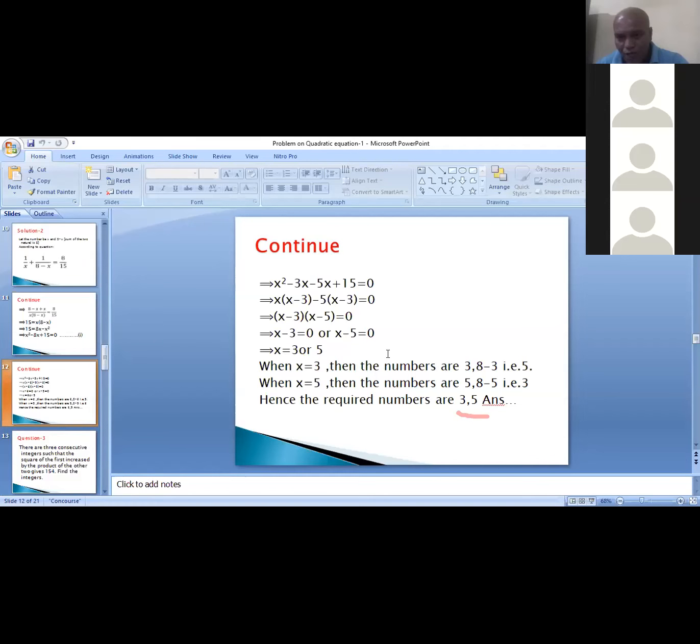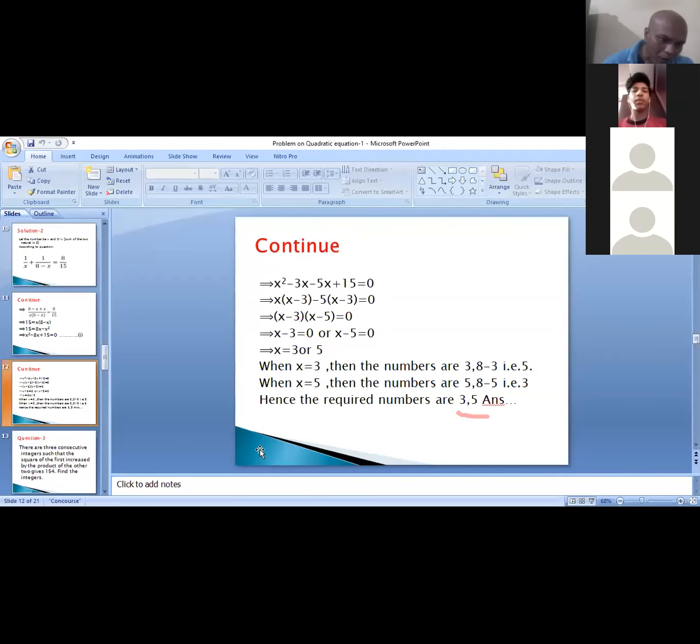In the first part of the question, what we have taken, let the number be x and other is 8 minus x. So according to that, if you have taken x as 3, then 8 minus 3 is how much? 5. Okay, when you take x equal to 5, in that case 8 minus 5 is what? 3. We are getting two values, 3 or 5, or 5 or 3. In both the cases we are getting 3 and 5. But we have to write both the answers as 3 and 5 because we are getting two values of x. Clear, Shivam? Yes, sir, clear.